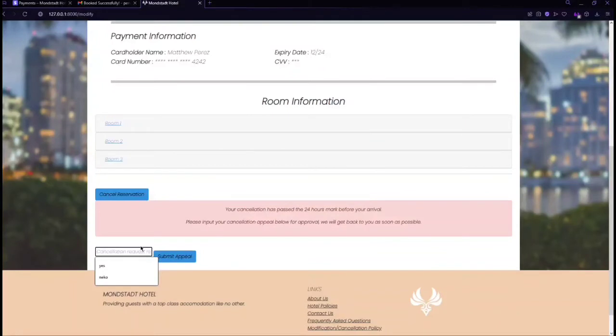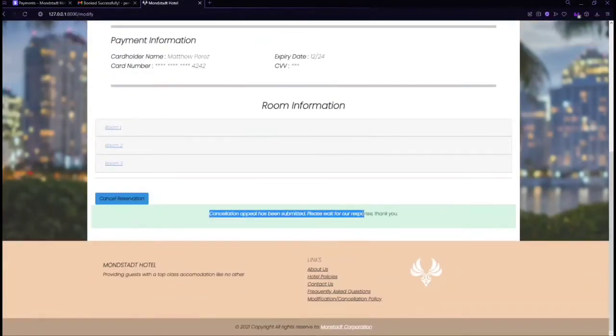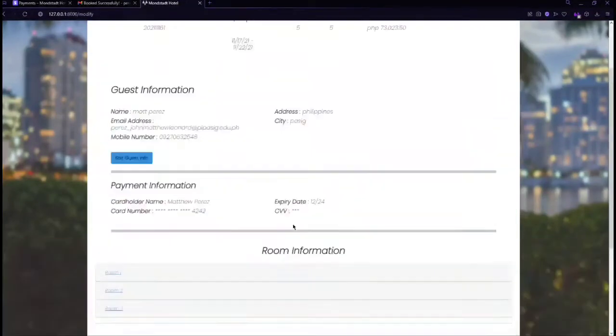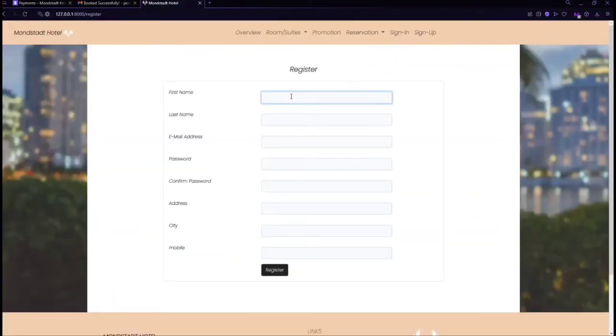For example, I write in that I don't have money, example, and then submit, and then you will see that it has been submitted. And another thing about this website, you can also sign up, create our account,